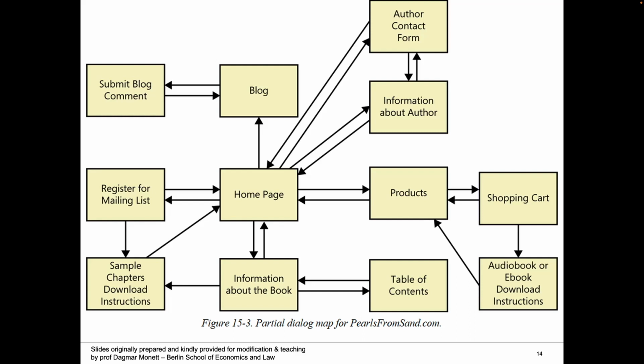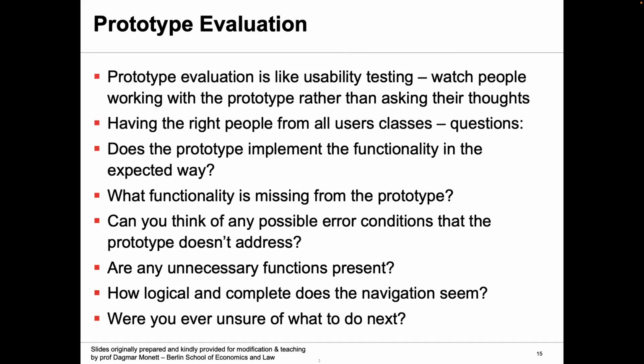And then the next step can be, you can see the relationship between them and how these pages are interacting with each other. Okay, so for example, here you can see from home page, you can pretty much access all other pages like the blog or register for mailing list and so on. All right, so this is what a dialogue map looks like. Okay,